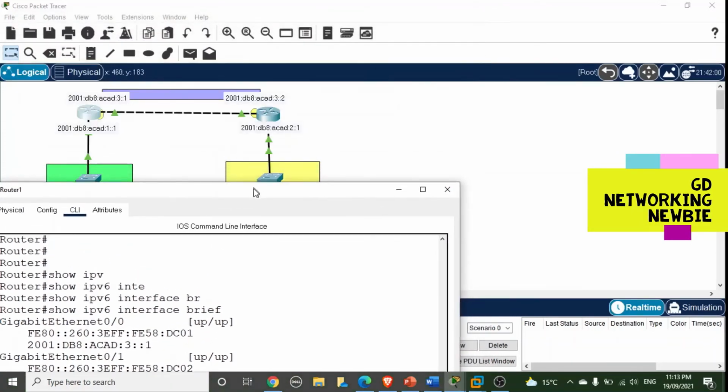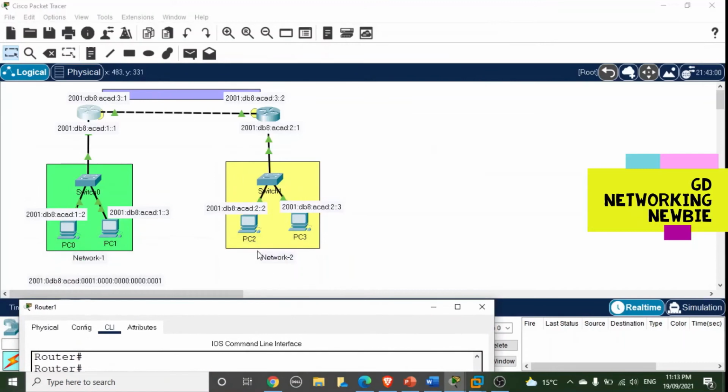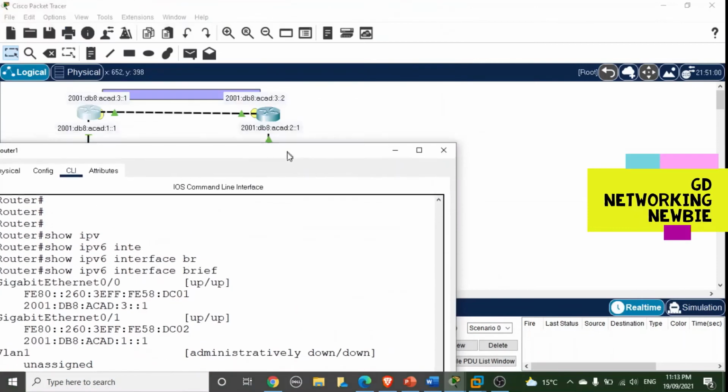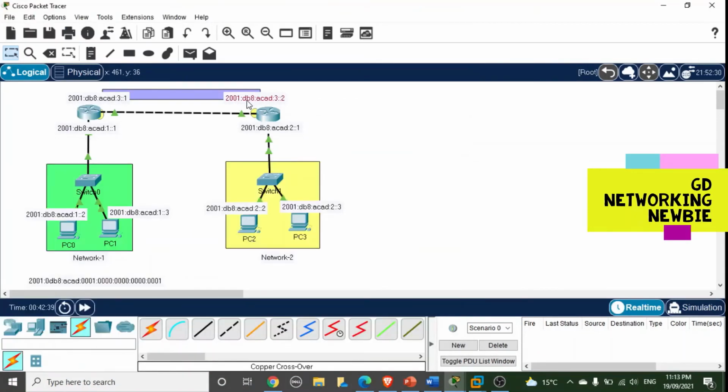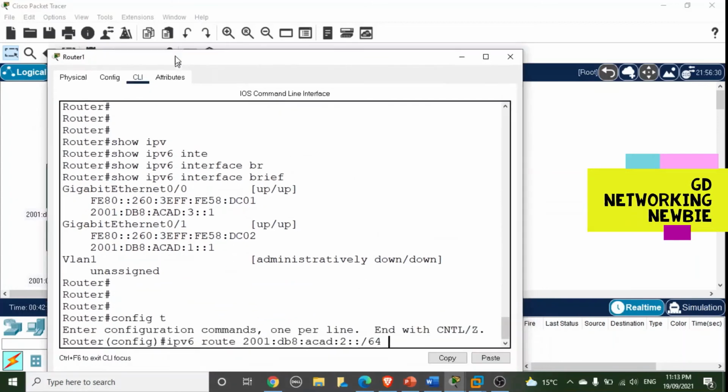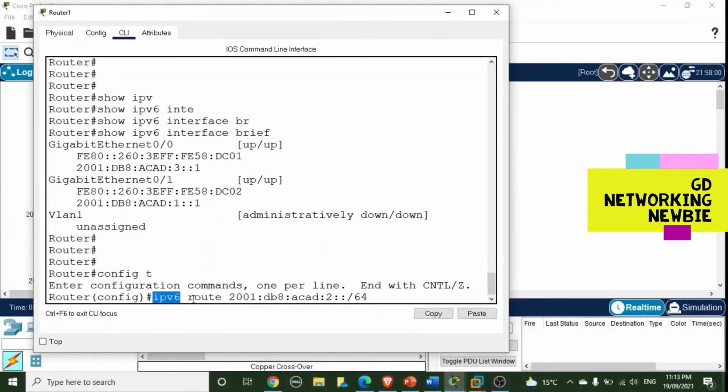But to reach this destination network, which is basically network 2, from this router, our next hop is this router. So we are going to specify this interface as our next hop, and the IPv6 address is this, see here. Let's look at the configuration window for this router. You can see this is ipv6 route, destination network, and the next hop is